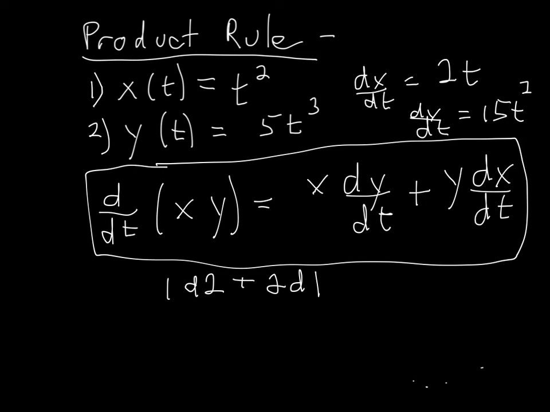And now I can plug these in to my general form of the product rule to get that the derivative of x times y is equal to the first function, which is just x, so that would be t squared, times the derivative of the second function, which as we have labeled here, dy dt is 15t squared. So t squared times 15t squared, plus the second function, which here is y, which is going to be 5t cubed,